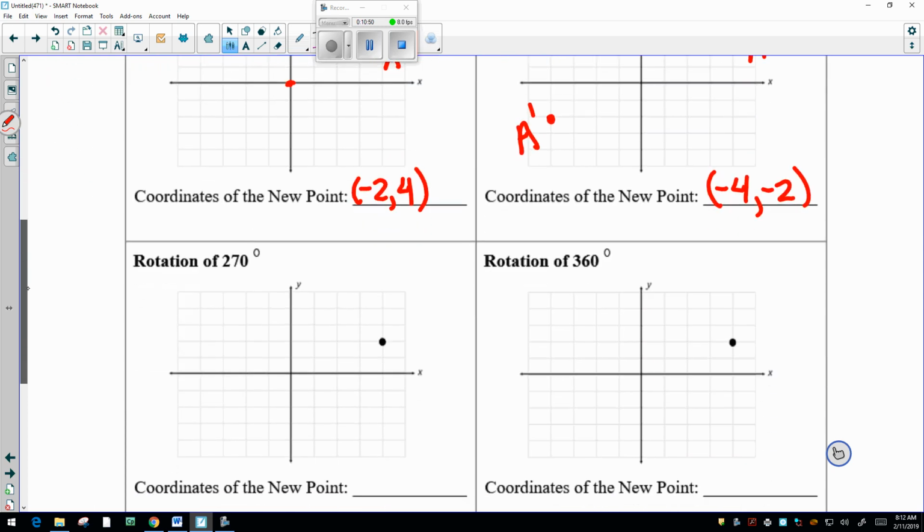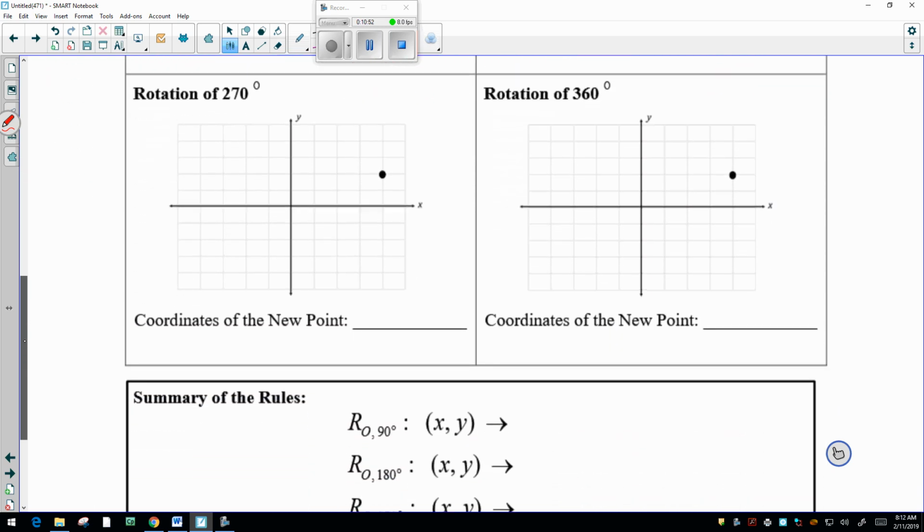Rotation of 270, so now that's 3 turns. If you turn your paper counterclockwise 1, 2, 3 90-degree turns and reread it, I can see I'm going over +2, and then I have to go down -4. If you turn it back, we can plot that. So I can go +2, -4, and here is my new image after we rotated that pre-image point